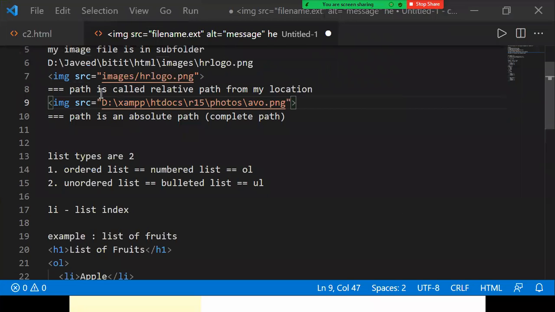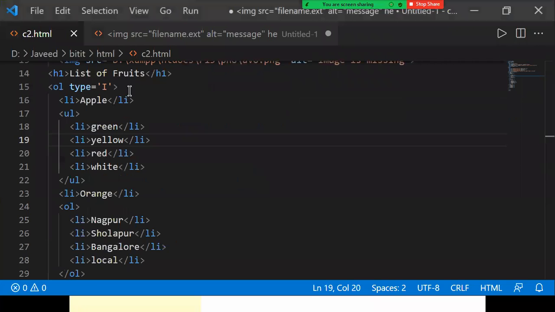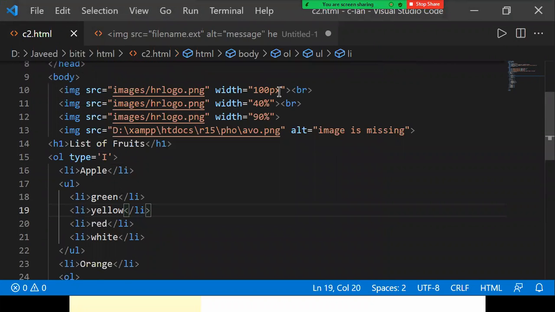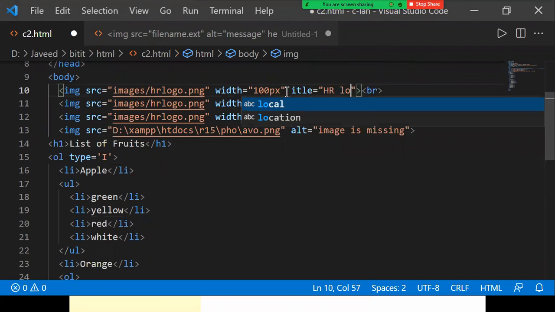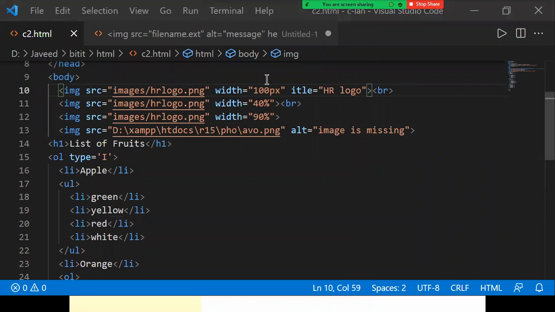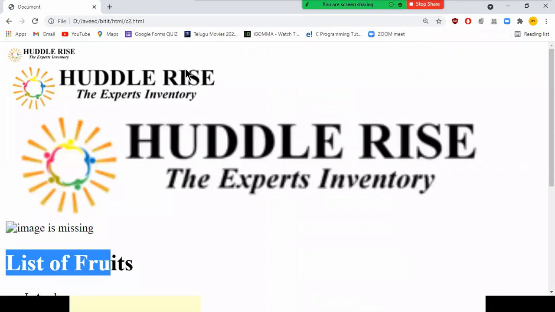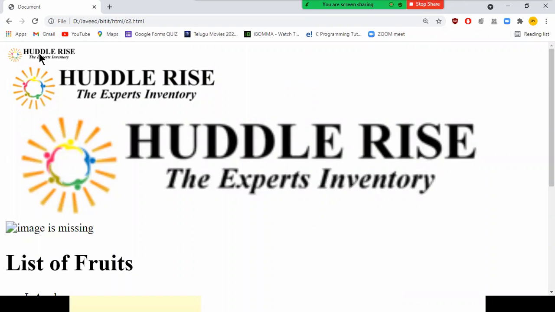Now for the images, we have one more option, the title option. That's going to give me, along with the mouse pointer, the title. Let's see this, I'll give it as title equal to, okay. So I'll say HR logo, I'm giving a message there. I'll just refresh. Now I'm going on top of my image. So when I place my mouse pointer over there,